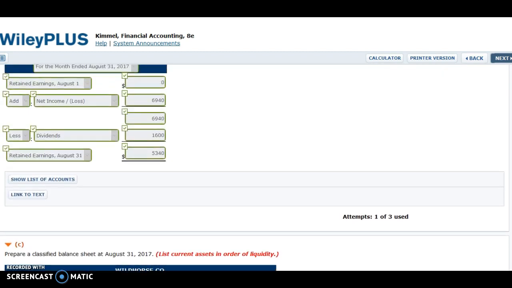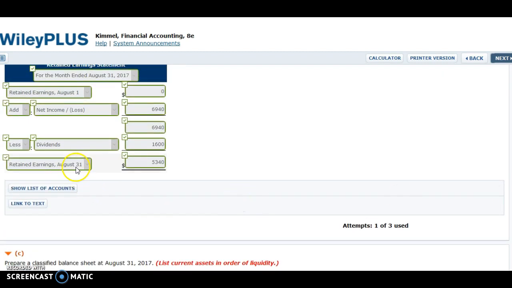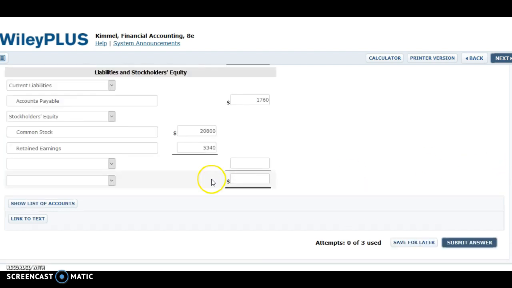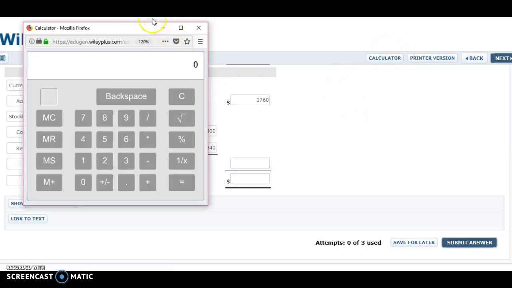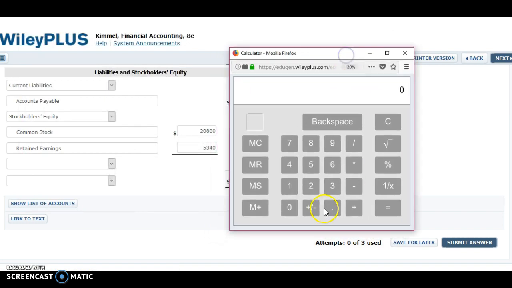Take a second to look at that. Looking at the retained earnings statement, our retained earnings on August 31st is 5,340, and that's the number that translates over to our balance sheet. All right. Now we calculated that out. 20,800, 5,340,